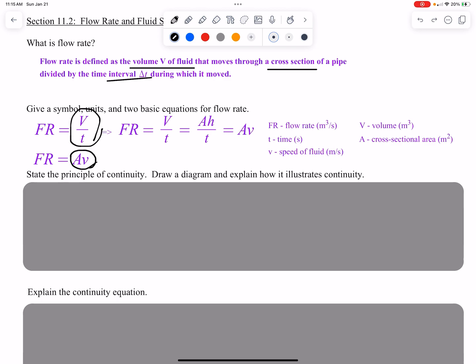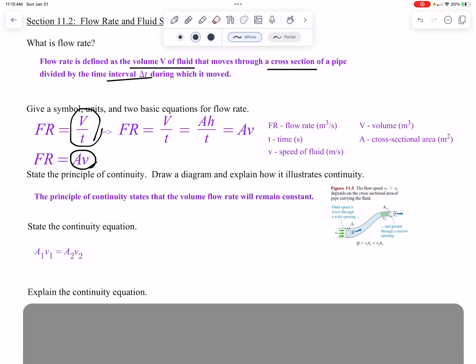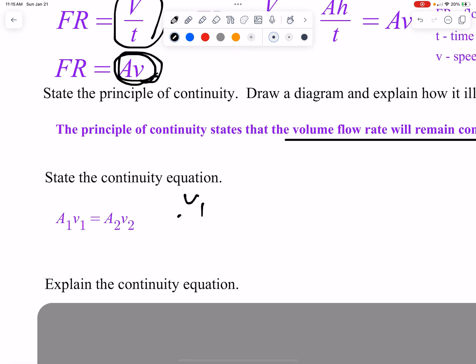Okay, I have a diagram here to assist you. Go ahead and sketch it. The principle of continuity states that the volume flow rate is constant throughout a fluid. Now what this means in terms of an equation is, well, if the volume flow rate is this, it's going to be either volume 1 over time 1 equals volume 2